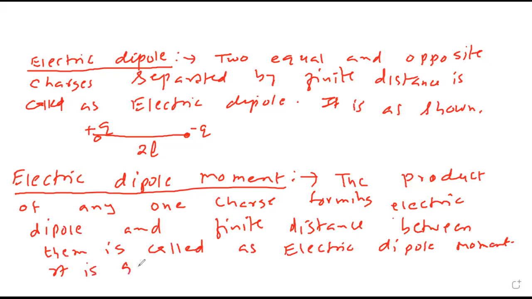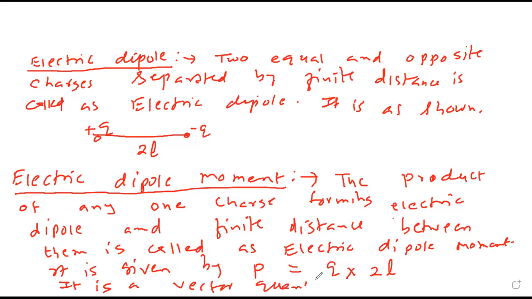It is given by P equals Q into 2L. It is a vector quantity directed from